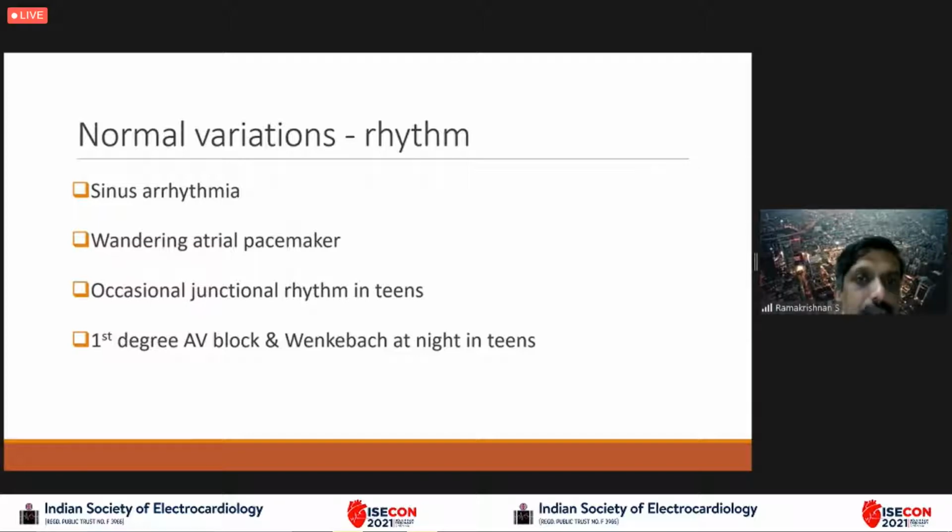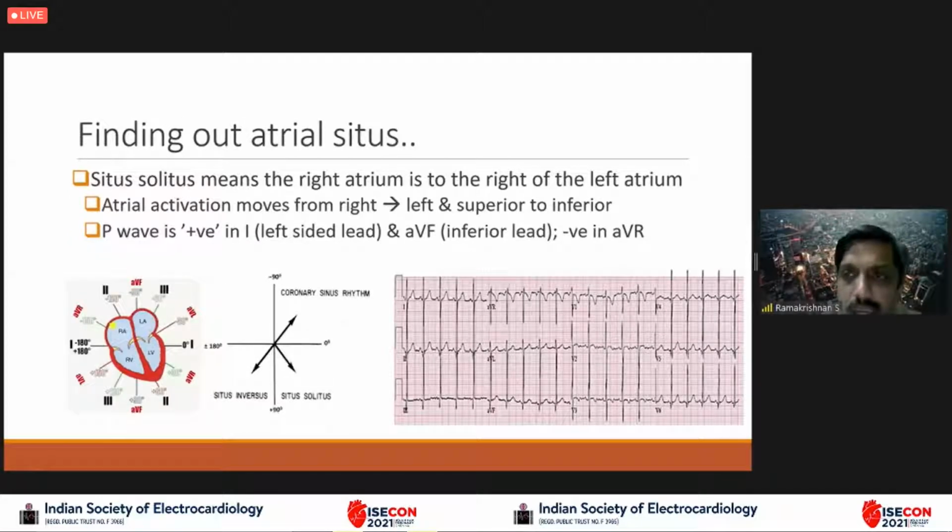So coming to the real issues, as we look at any congenital heart disease, the first thing that we are supposed to look at is the situs and the position, and then what are the changes, then the chamber enlargement, and is there any specific pattern that we can identify apart from the rhythm. I'm not going to touch upon the rhythm at all because I cannot cover it in time. So I think this diagram that I put up here will be very key to understand all the problems that can happen in situs.